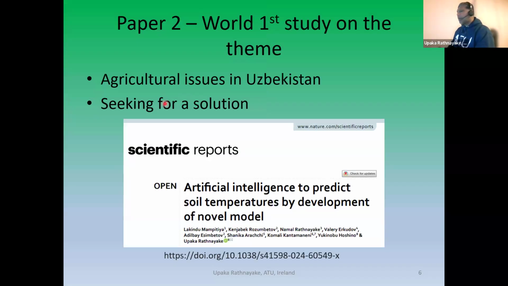I think it was published last year, if I remember correctly, maybe 6 to 7 months ago. By now, it has reached as one of the most read papers in Nature Scientific Reports. And after this, several people came to us asking whether we can help them with their agricultural issues and so on, which we are working on at the moment. These several people include countries like Ethiopia and some others in Southeast Asia.